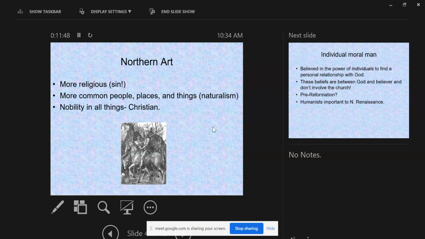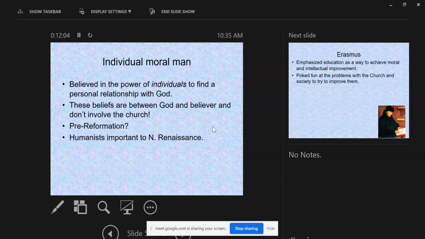You will be impressed, but you might ask yourself, why would anyone want to sketch a rabbit in the first place? Because there's nobility in all things. It's a very Christian idea, proper Christian. That individual moral man, once again, in the Italian Renaissance, it's all about showing off your talents, showing your